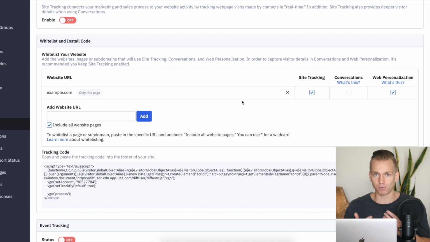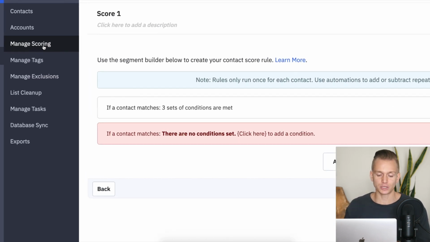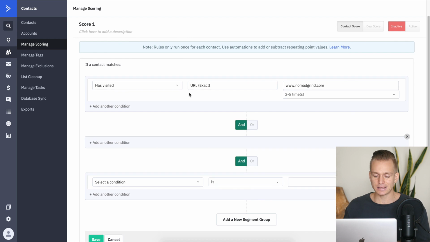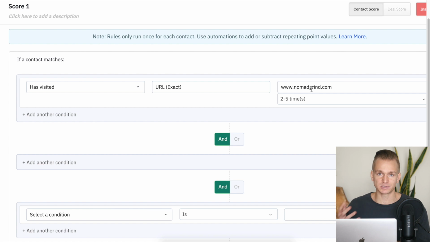So this is something that is very powerful, and this feature is actually only available on ActiveCampaign out of all the email marketing softwares. Another really cool thing as well, depending on your business, is that you can use contact scoring. There are a lot of different things you can do here, but let's say you want to set up a simple condition that, again, someone has visited a specific URL. So let's say someone came to your website and went on this specific page, and you can also set how many times they visited that page and all these kinds of things.